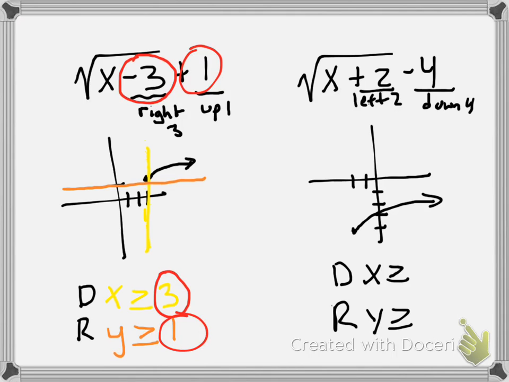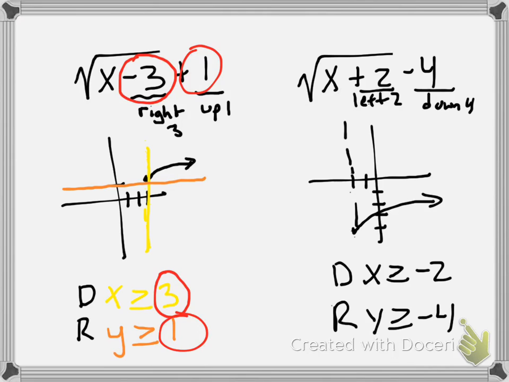So I look on my x-axis, and I use all of my x values to the right of -2, which again, opposite sign of what's under the radical. And my range is all y values greater than -4, because I go all the way down to -4 on my y-axis. Okay,